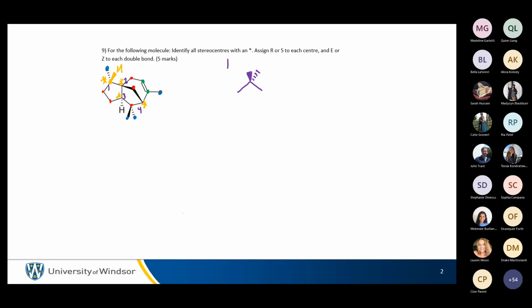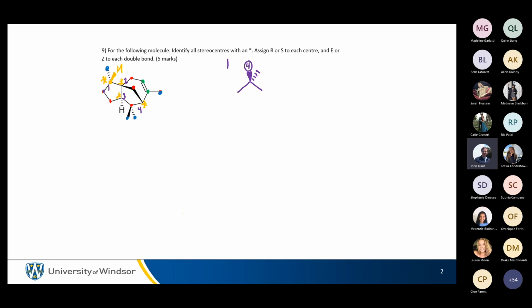So what's nice there is this is actually a good example because it's complicated. The number 4, the lightest thing attached to it is the hydrogen. There's no question that hydrogen is the lightest thing because everything else is a carbon. All the other 3 atoms are carbons. So we're tied. So what we do there is we think, okay, so what's the next heaviest thing this carbon